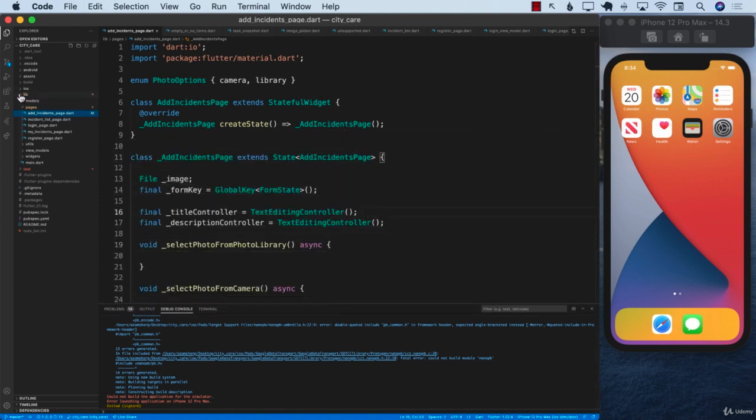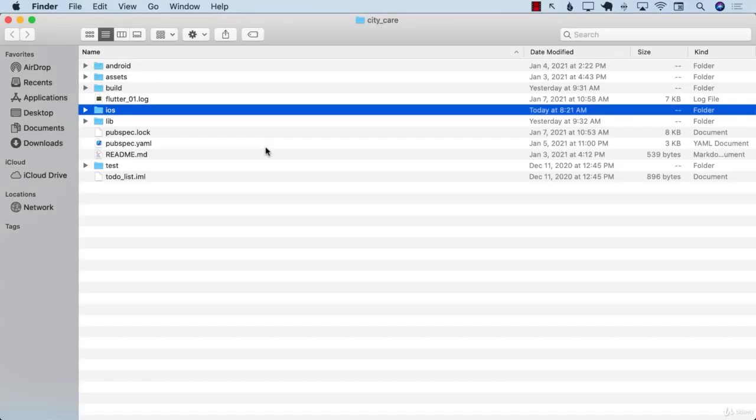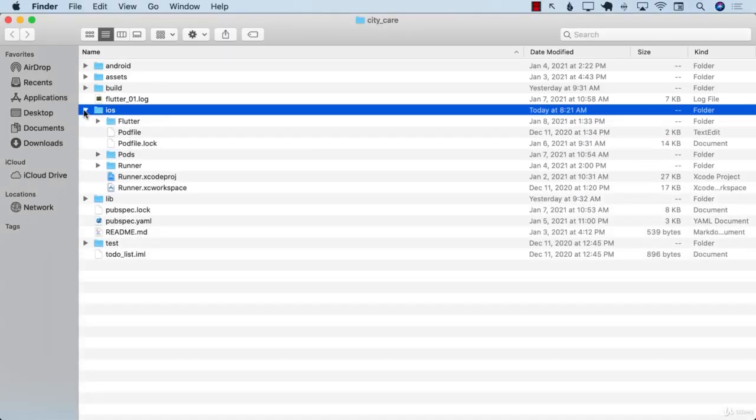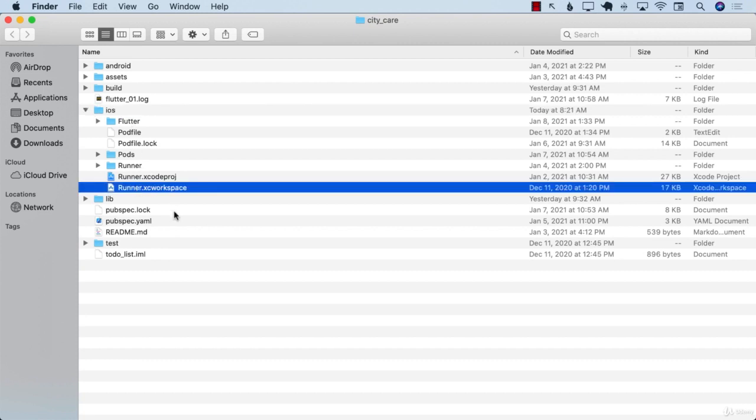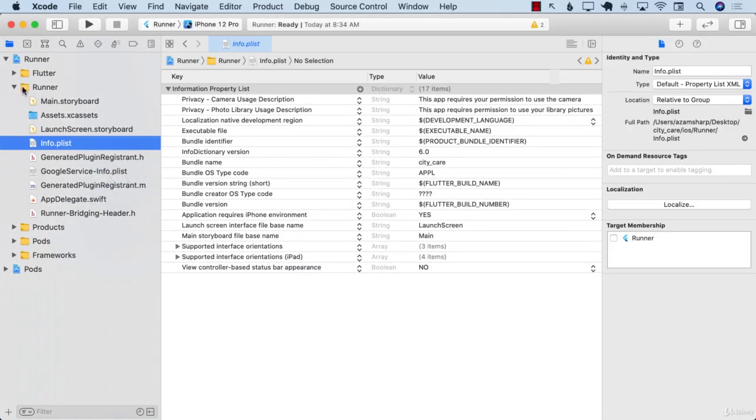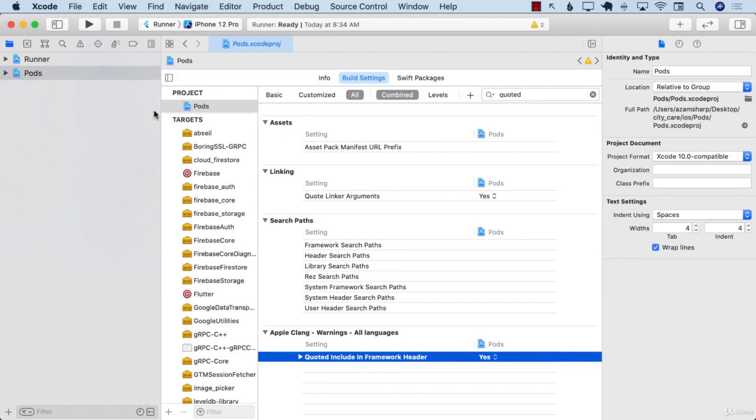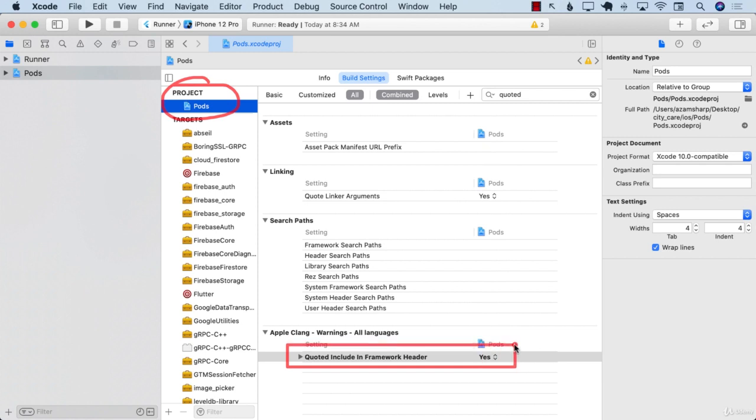So I'm going to go to the iOS folder and reveal in Finder, and then open up the iOS folder and open up the Runner Xcode workspace project, and this will automatically open it up in Xcode. There we go. Next, I'm going to select the parts project, and making sure that this parts project is actually selected, go ahead and take a look at this particular property